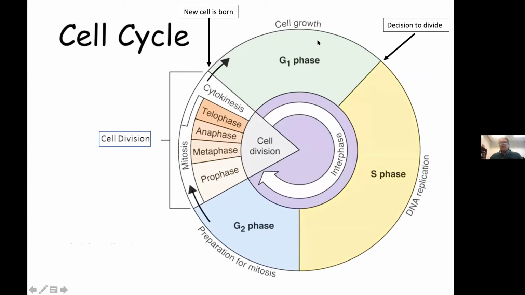Then they go through a process by which they grow, and once they grow sufficiently, they have to take a decision. This is an interesting decision because it's an irreversible decision. When the cell decides to divide, it will have to go through a process which involves the replication of